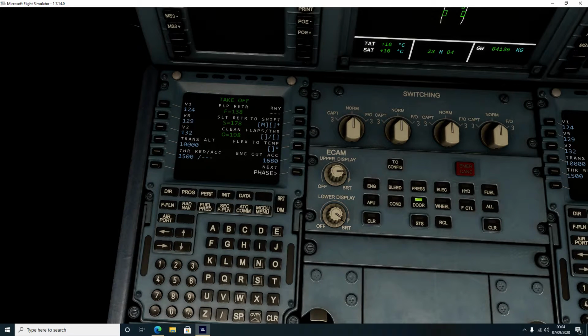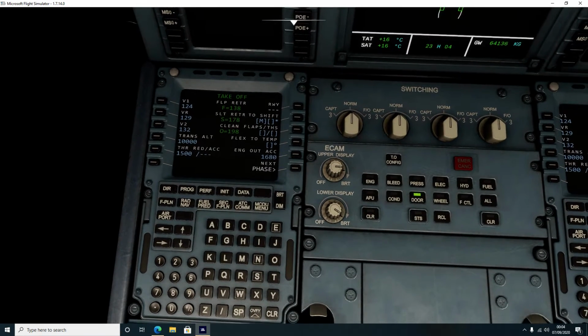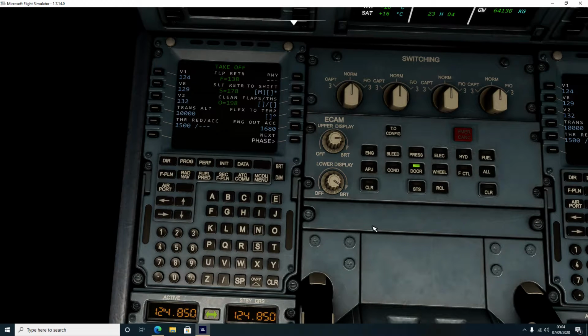So we don't need to worry too much about that at the moment, as it's not modelled properly yet in the default A320. However, when more accurate add-ons come onto the market, it's always good practice to get into the habit of using this. So we're going to tell it that we're going to use flaps 1 for takeoff, which is pretty standard,